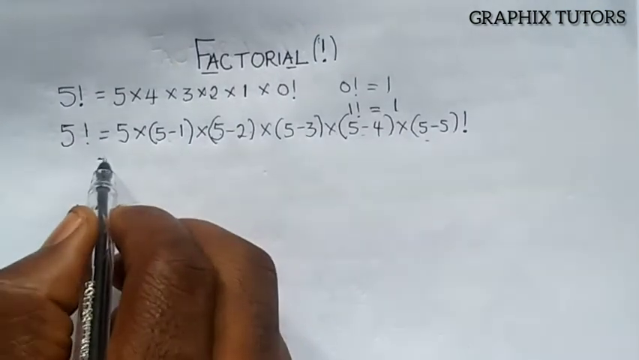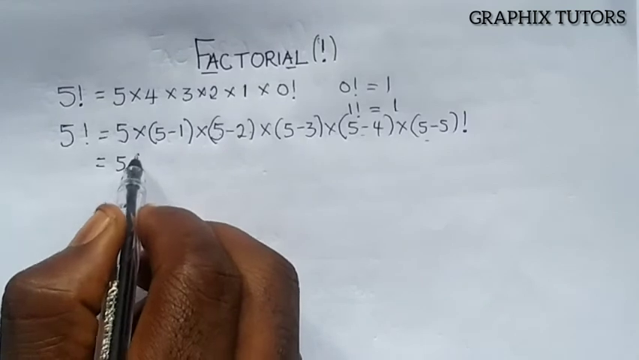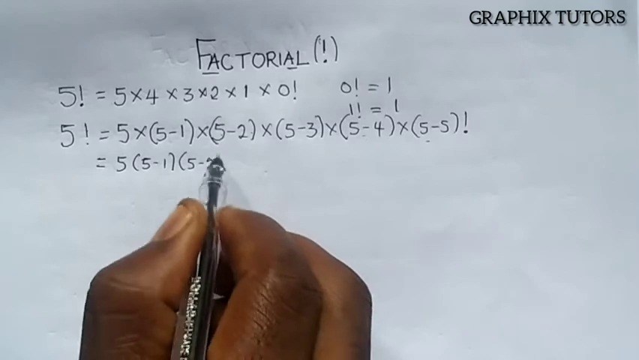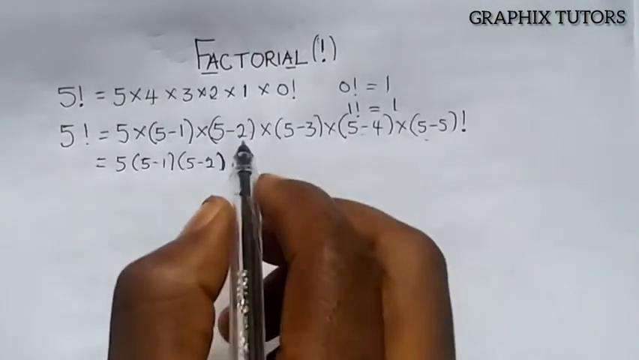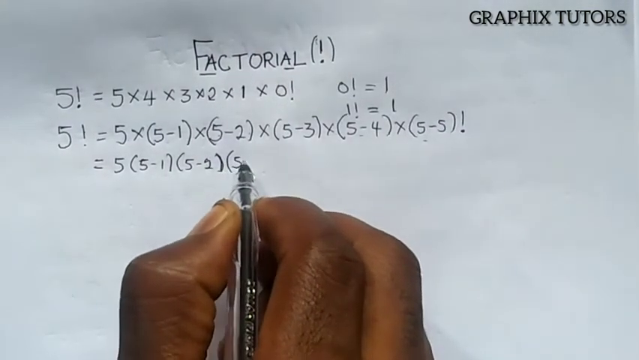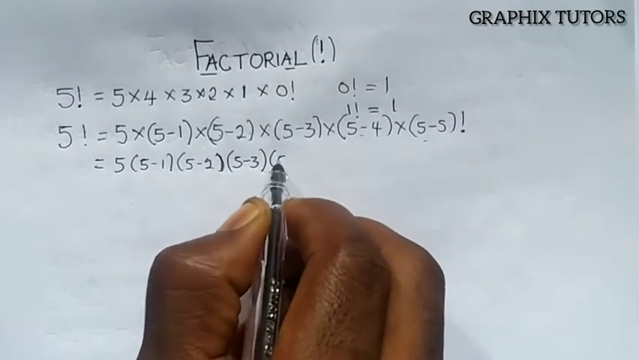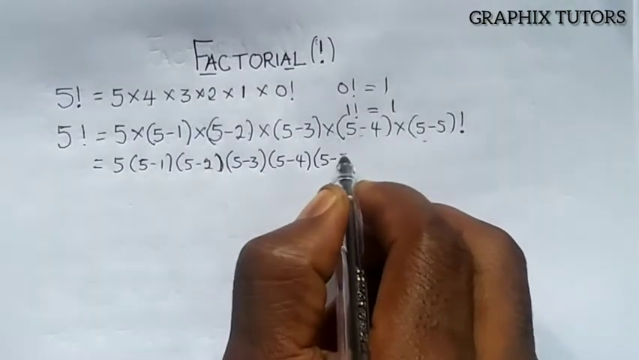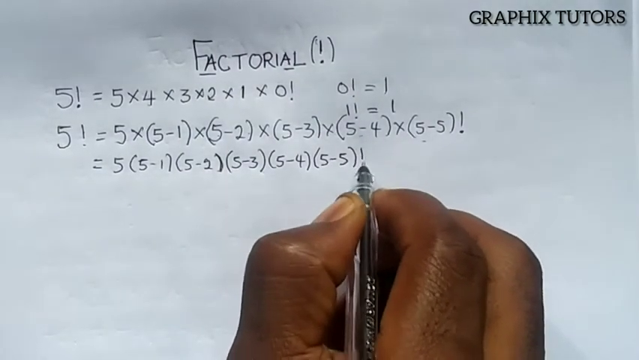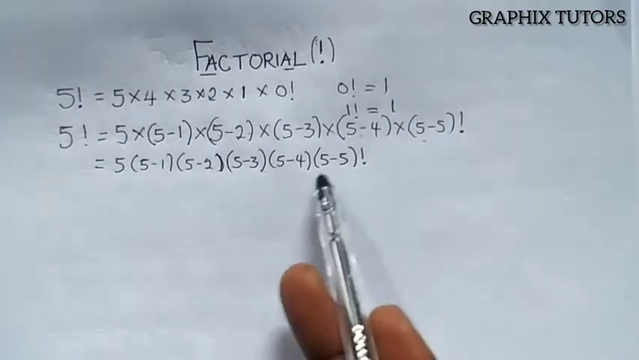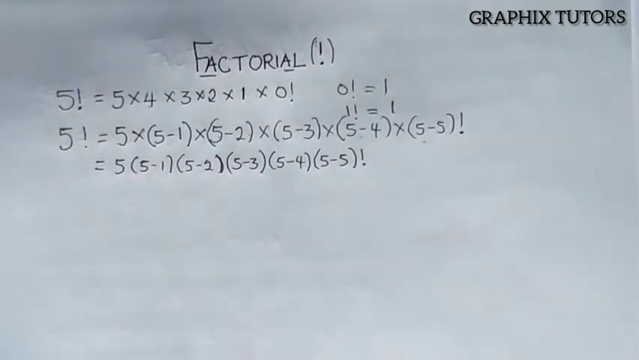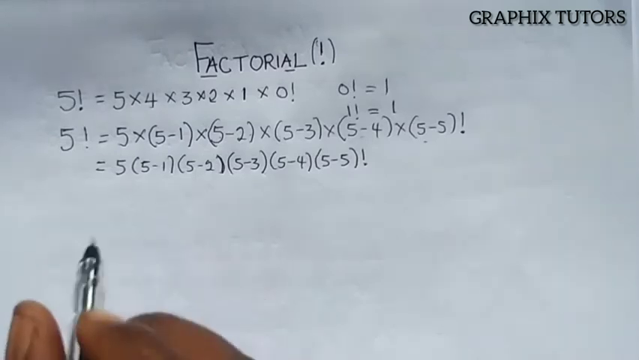So I can simply write this as 5 bracket 5 minus 1 bracket 5 minus 2 bracket 5 minus 3 bracket 5 minus 4 bracket 5 minus 5 factorial. That is what brought about this, right? So what's really happening? What about if I have my minus